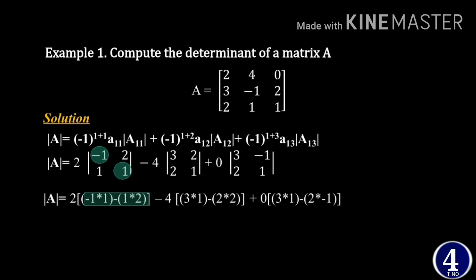አያችሁ -1 times 1 minus 1 times 2 ይሆናል ማለት ነው። ይሄኛው እዚህ ጋር ይሄ ሲባዛ በዚህ ሲቀነስ ይሄ ሲባዛ በዚህ 2 እዚሁ ጋር አለች ማለት ነው። ከዛ ቀጥሎ ይሄንን ካልኩሌት ለማድረግ 3 times 1 አይደል? 3 times 1 minus 2 times 2 አለ። ከዛ 0 እንዳለች አለች እዚህ ጋር።